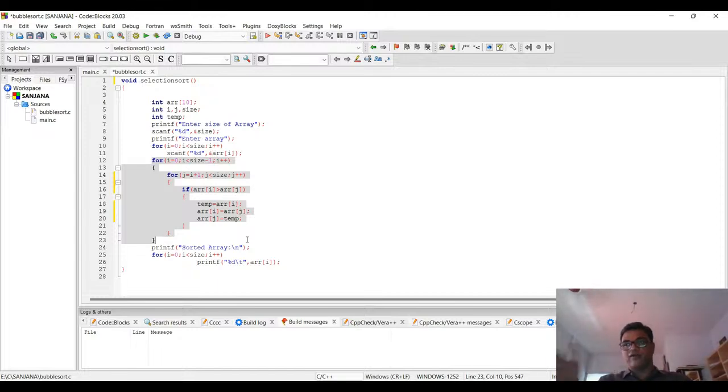So in one, the elements are sorted from left to right, but in bubble sort, the elements are sorted from right to left. That is the main difference between selection sort and bubble sort. Not only here, you can write the code in such a way for